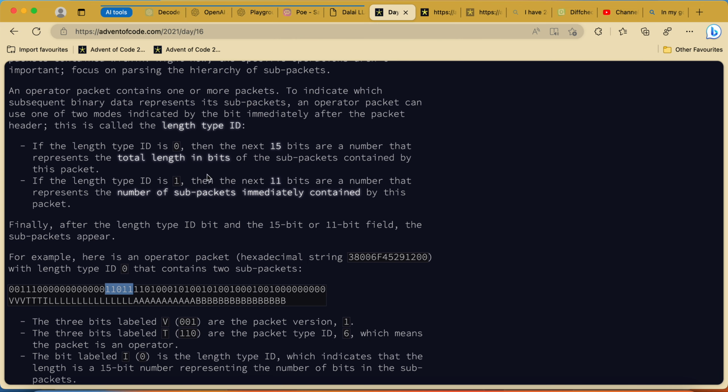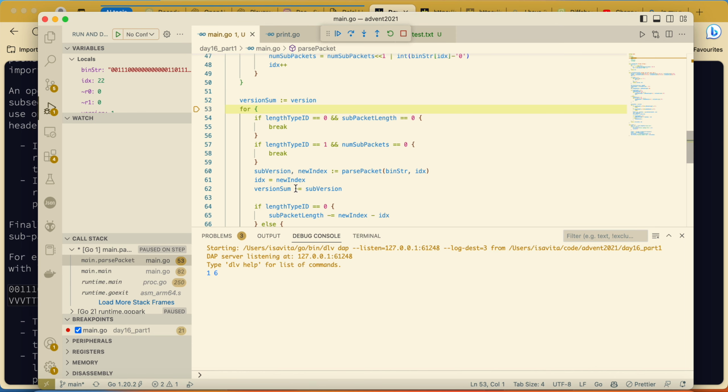Okay, now we know that our total length is 27, and when it's 1, then the next 11 bits are a number that represents the number of subpackets immediately contained. Okay, that makes absolute sense.